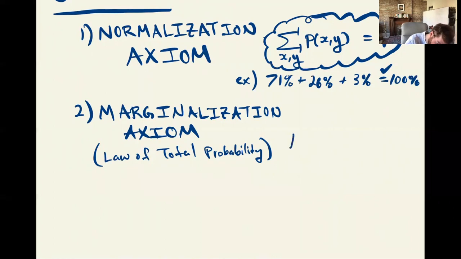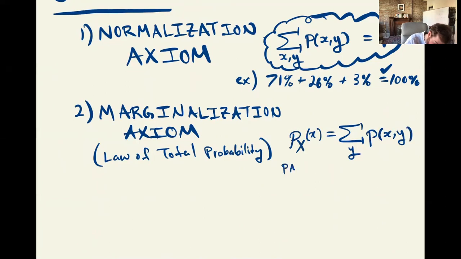The PMF for little x can be computed by summing over all y of the probability of little x, little y. So this says that the PMF for x is equal to the restricted sum of the joint